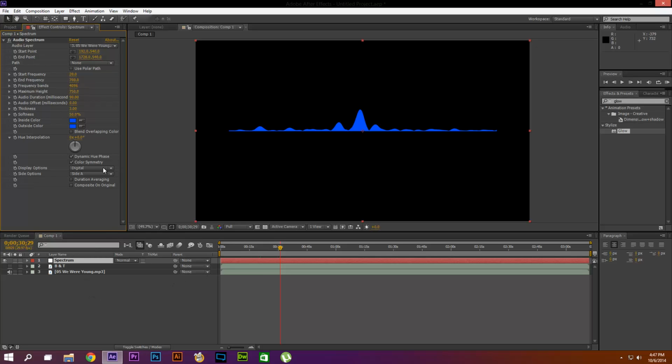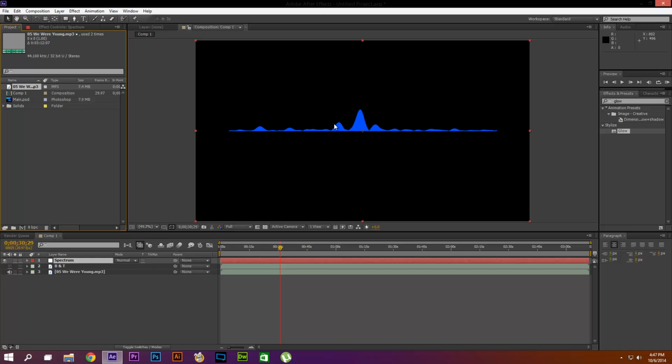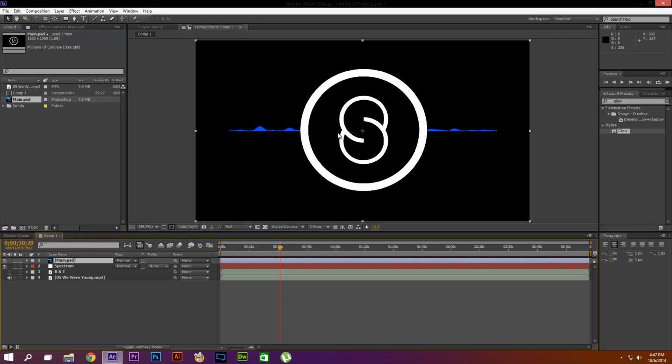Alright, now the next thing is getting this to a circle form or any type of form. What people don't understand is you can actually change this to any type of form that you want. So we're going to bring in our logo here. And there are two ways you can do this. It's all done using a mask, so it doesn't matter where you want to put it. If you want to make it circle the entire logo, you can do that, but you can also